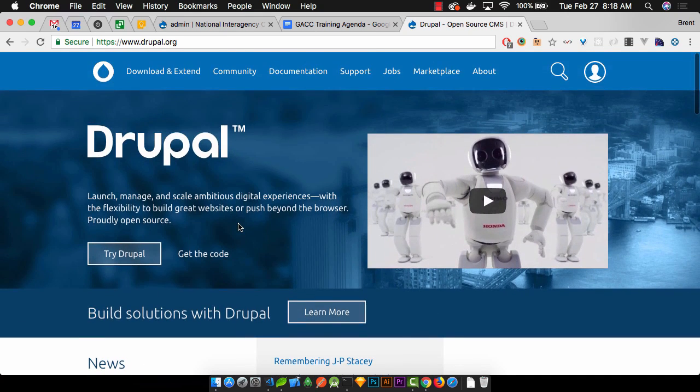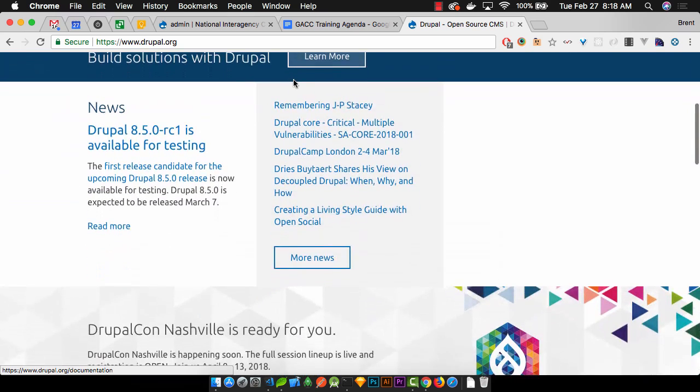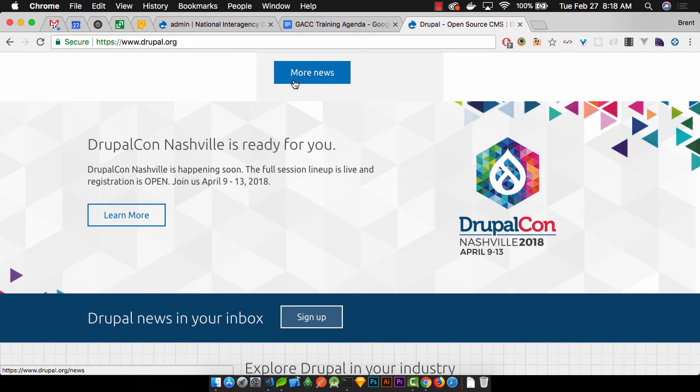If you ever want to learn a bit more about Drupal, this would be a good place to go. You can read about documentation, you can get help, and get information about the community. They have a ton of different resources on this site, and you can download Drupal. If you wanted to, you could download Drupal tonight. I don't expect anyone to do so. And so you can get Drupal here. It's completely free, no licenses, no catches,